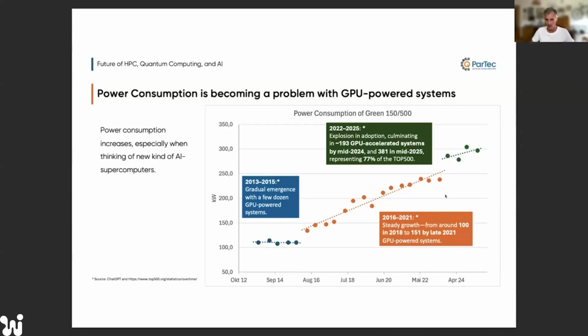Around 200 accelerated systems by mid 2024, about 300 systems, then 380 systems in mid 2025. And that brings the energy curve, even for the Green500 systems, to a level where, as we are totally on the road of having just GPU powered systems, the energy consumption is becoming a problem for local providers. For example, who can provide me enough power to bring these supercomputers for AI up and running without damaging the power consumption also for society, right?